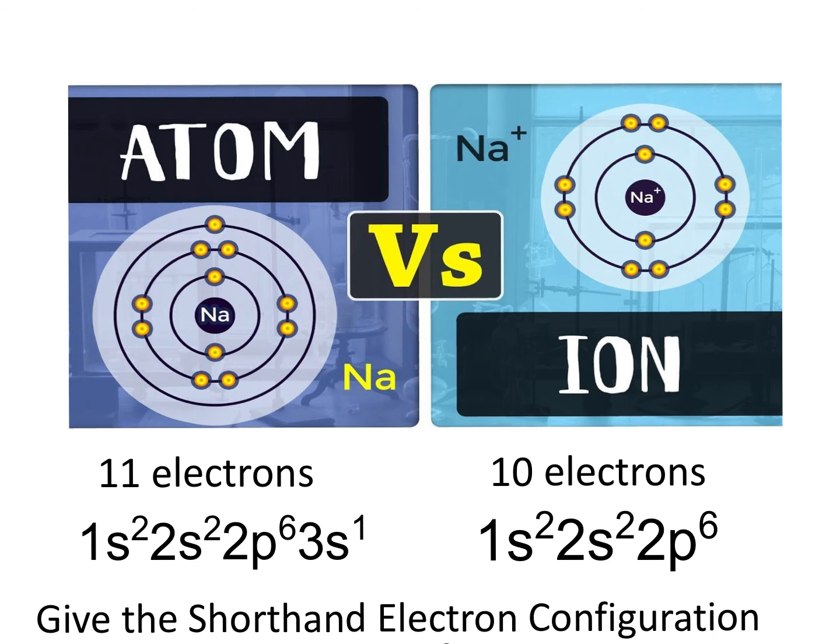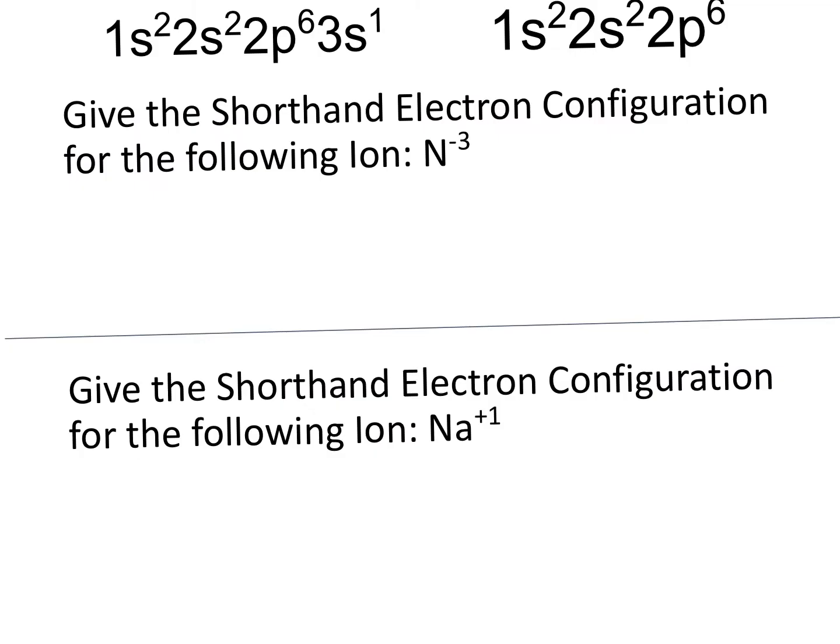What's important to know is that these are always going to match a noble gas. So all you need to do is identify how many electrons you have with the charge, and then find the nearest noble gas and give the electron configuration for the noble gas. Let's try one together. If I have number 1, I want to give the shorthand electron configuration for the following ion. Typically, nitrogen is going to have